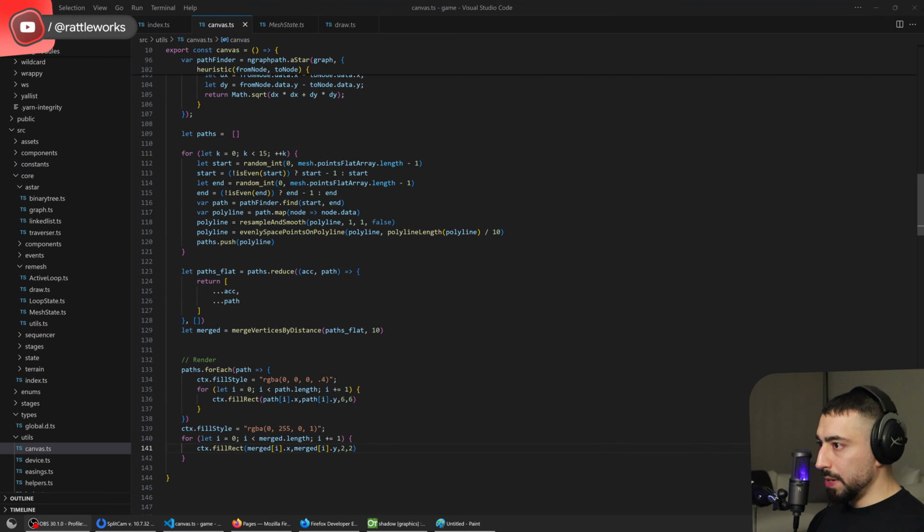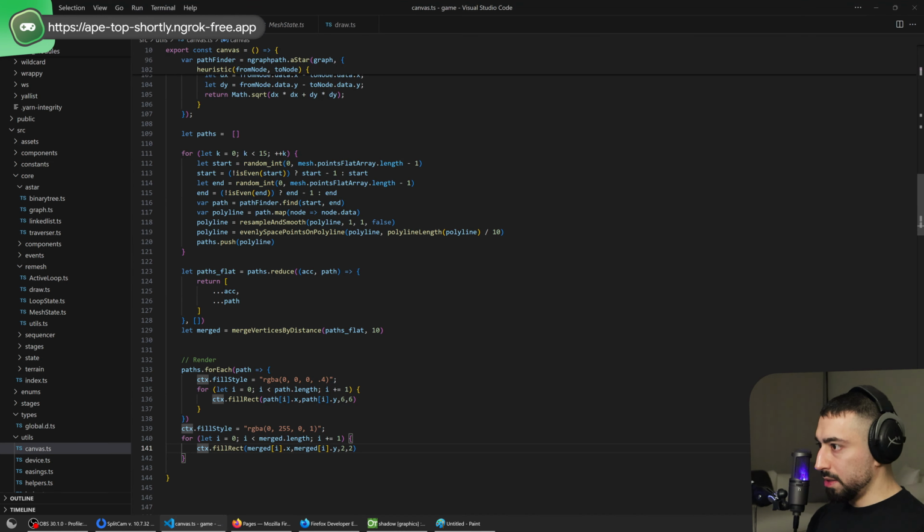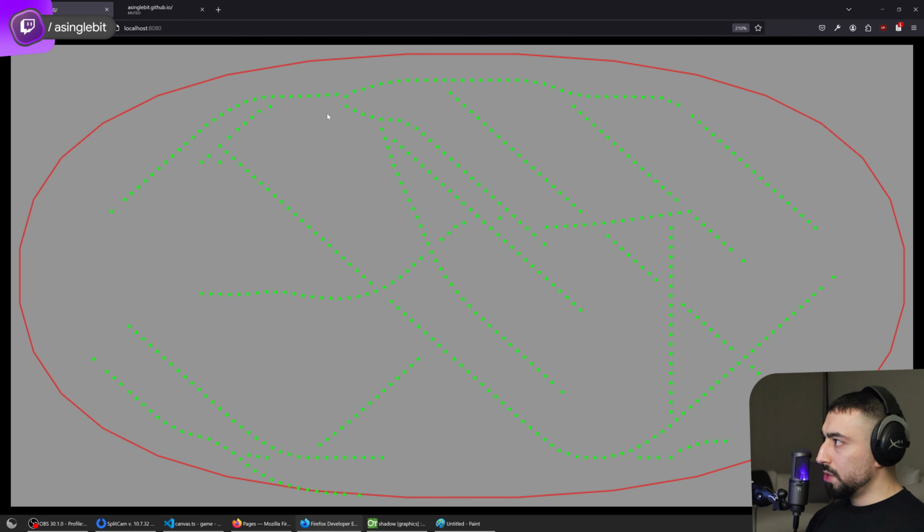And here we can see the merged version with green dots. And if I remove the gray stuff, like so, and maybe add some width to the dots. So this is the merged layout. Each of the dots is a level. Now, the thing that should be done next is